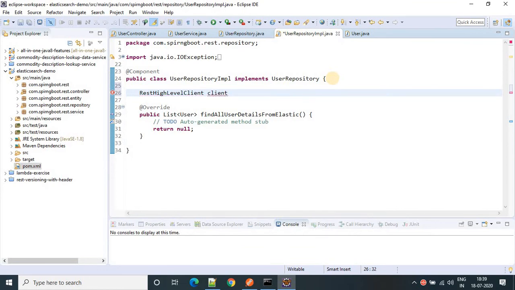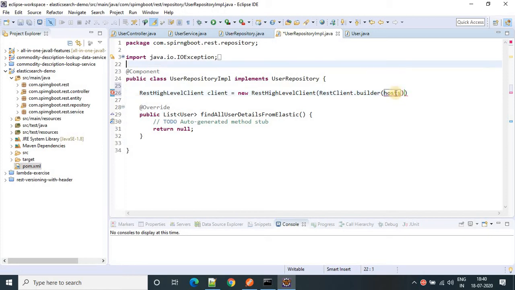Let's suppose client equals to new, and here we need to provide, this is my constructor, REST client dot builder, host name. So what is the host name here? Host name is my local IP, because Elasticsearch is running in my local machine. So let's provide the localhost here.